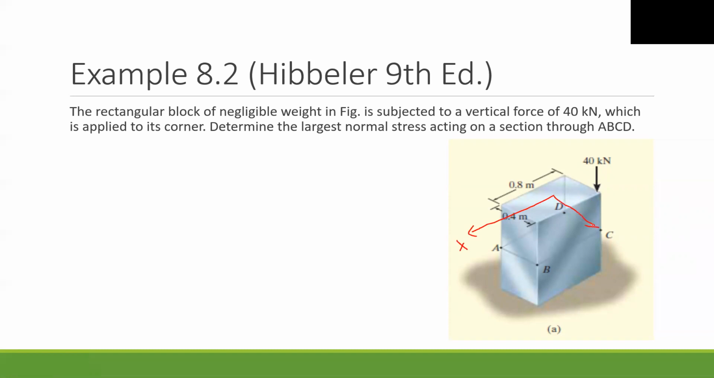In order to compare our solutions with the book solution, I need to obey the book rules. So I want to use a different color. The blue color is okay. So this is the eccentricity x. Ax is equal to 0.4, okay, and